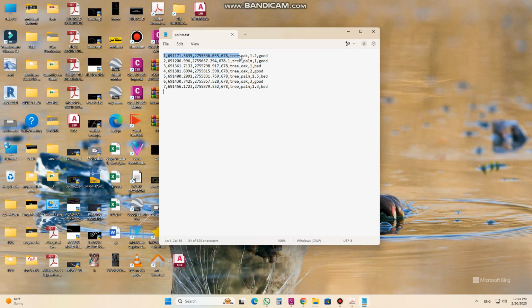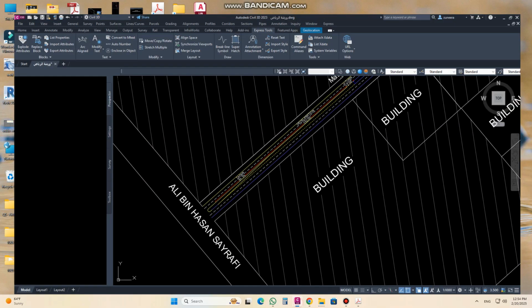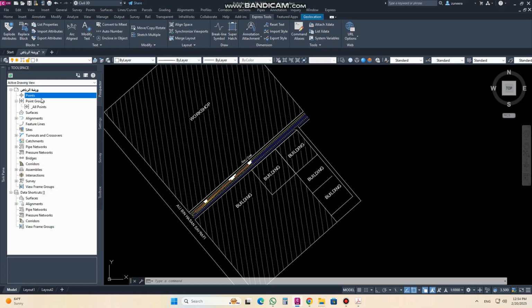you can see up to here is the normal point, easting, northing, the elevation and the description. Then I have the type of trees, then the dia, and then the condition. So I have extra columns regarding these points. If I want to import this